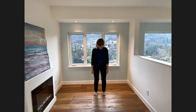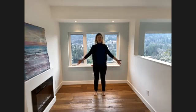So just finding your feet to begin with, as we always start our class. You're going to bend your knees, exhale, tracking the knees over the second toes, and inhale, lift the chest, open the arms up the side. Exhale, bend the knees,